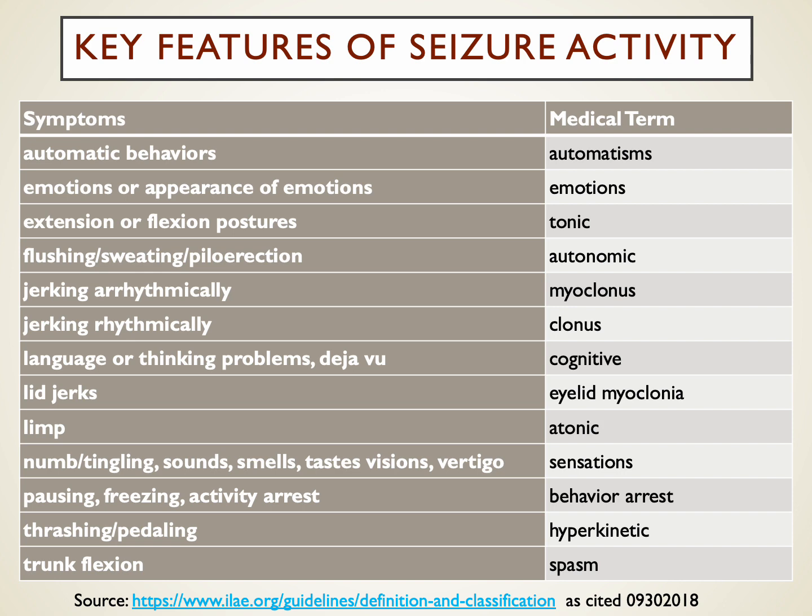Some key features in seizure activity are listed in this chart or table with the more medical terms to the right. And so as you look through the type of descriptors here, those will help clinicians, either if you as a clinician observe the seizure or more likely you're encouraging a patient and a witness to the seizure to help describe what the nature of the seizure activity is. These are really helpful in then categorizing the seizure and then picking the appropriate agent or agents.